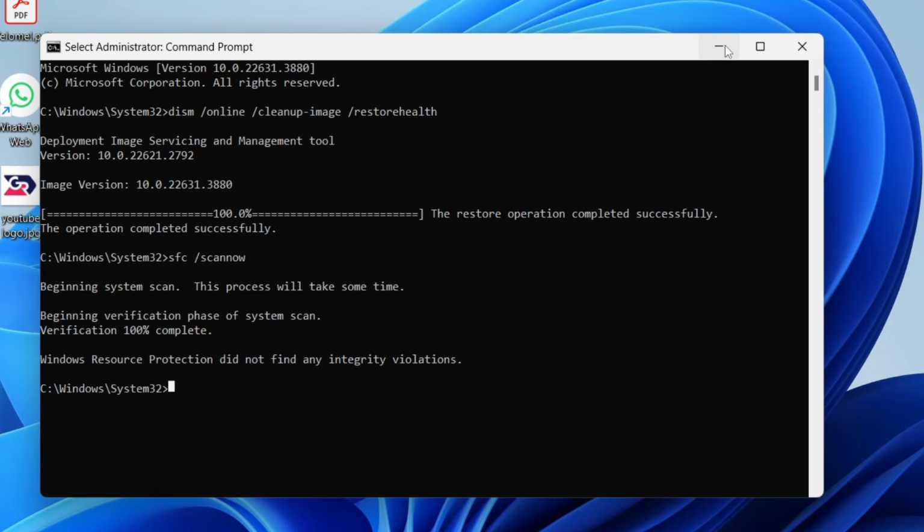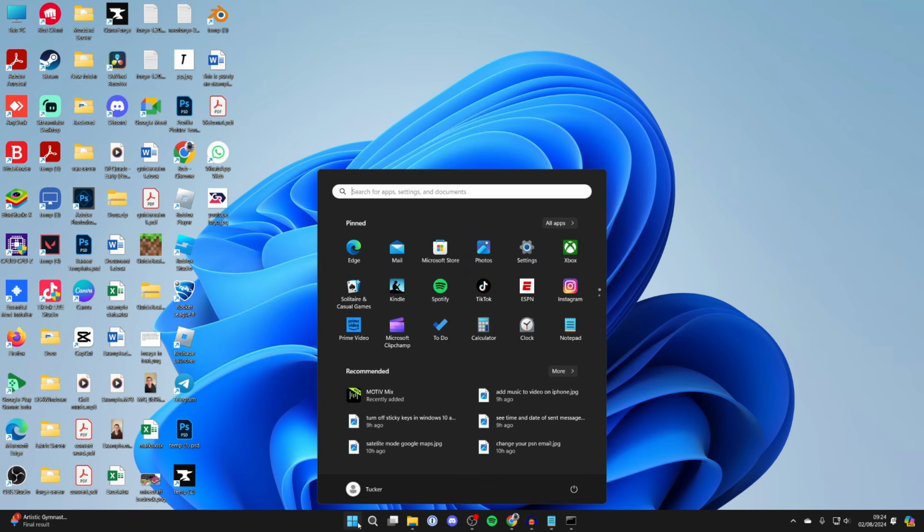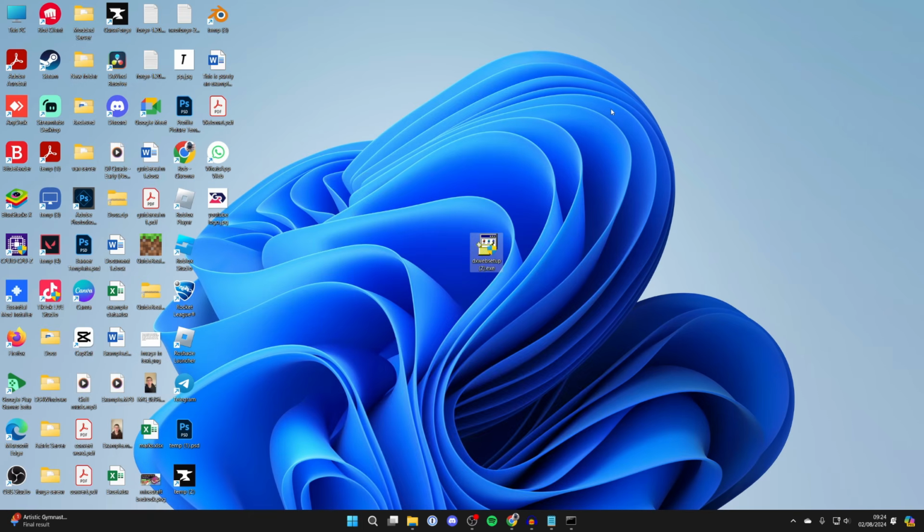And after you've done all of this, come to the bottom of your computer, click on the Windows icon and click on the power button and restart your computer. And hopefully the problems will then be fixed. And yeah, you can go and